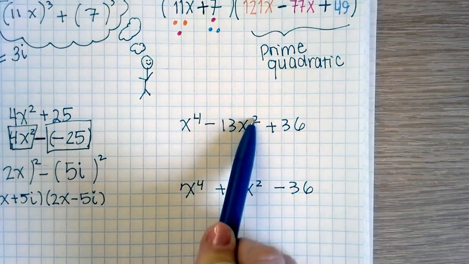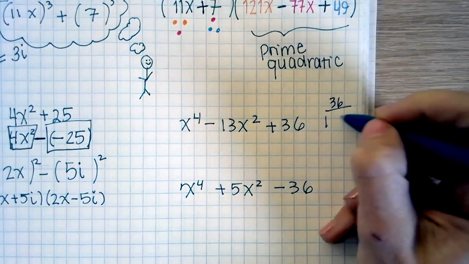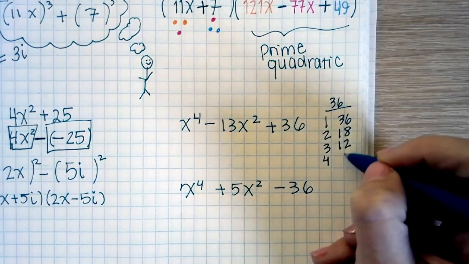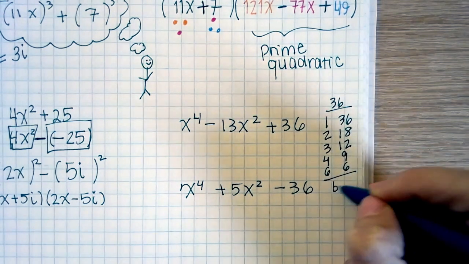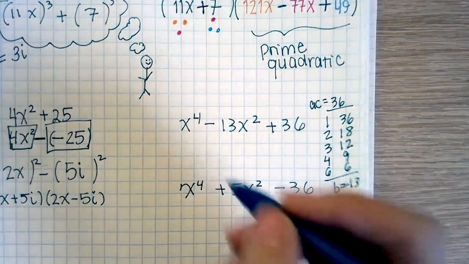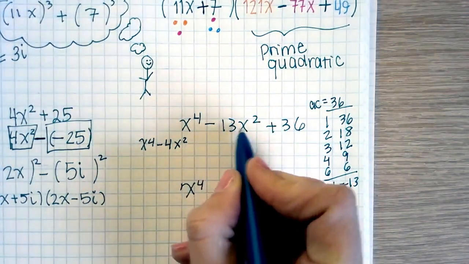Usually we have a 2 and 1. So 1 times 36 is 36. What multiplies to give us 36? 1 and 36, 2 and 18, 3 and 12, 4 and 9, 6 and 6. But b has to equal negative 13. Which pair? Good. So then I'll have x to the 4 minus 4x squared, because it's breaking this up, minus